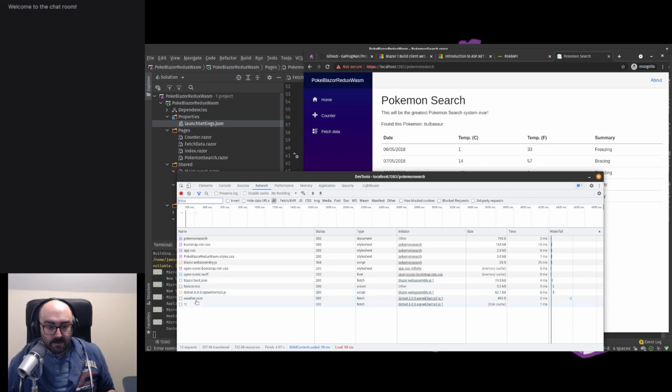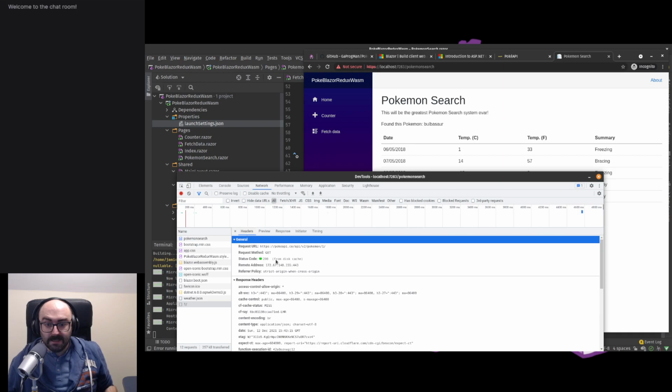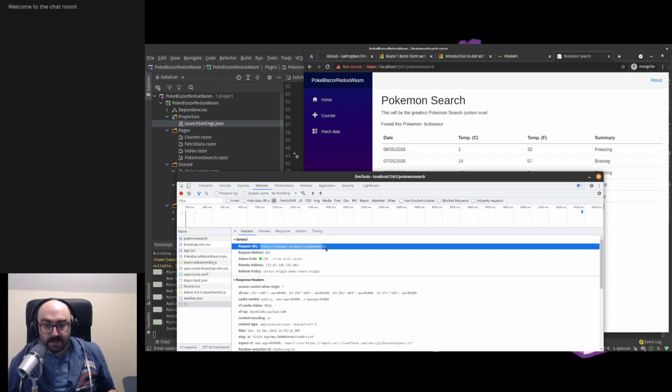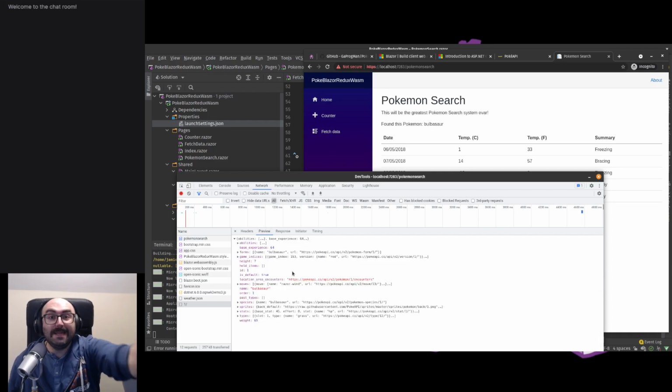So we can see that here, right? We can see the weather.json there, but we can also see the call out to 1 here, which is the call out to the Pokemon API. If we go to headers, you can see it called straight out to the Pokemon API. And this is the code that's running inside the browser. The code in the browser has made this HTTP request for us using .NET, and it's gotten all of this